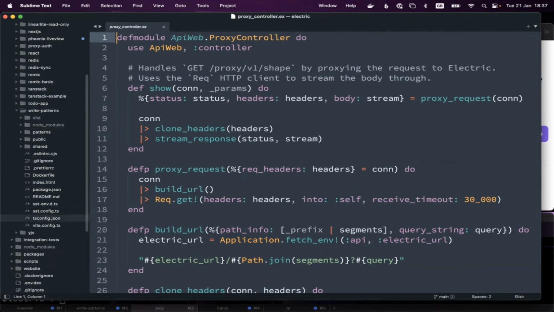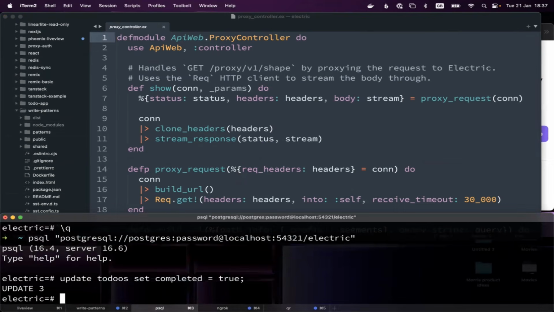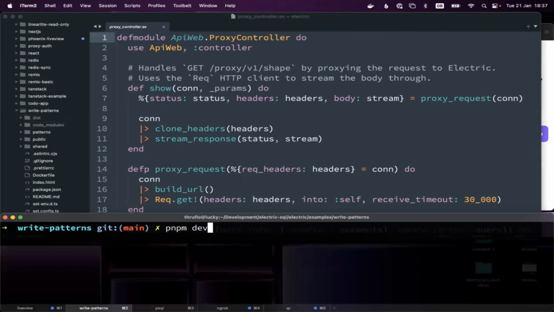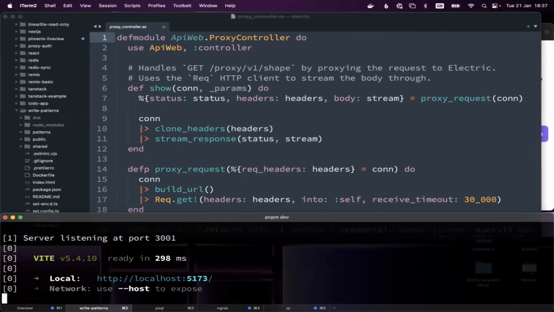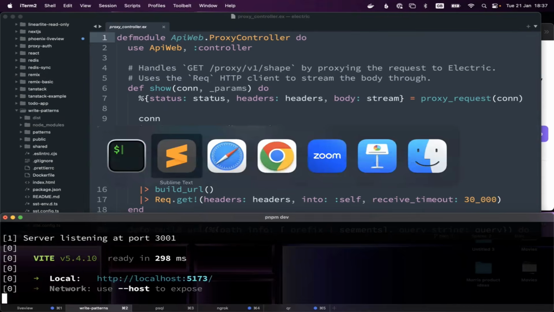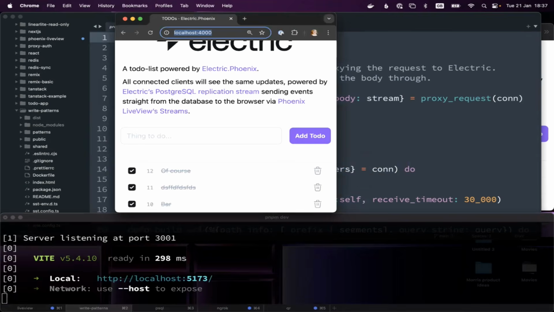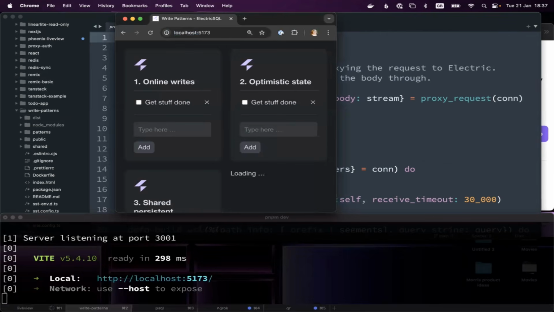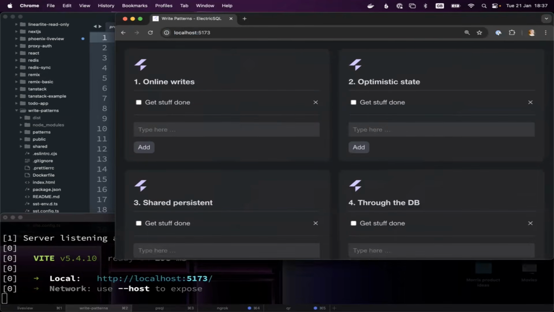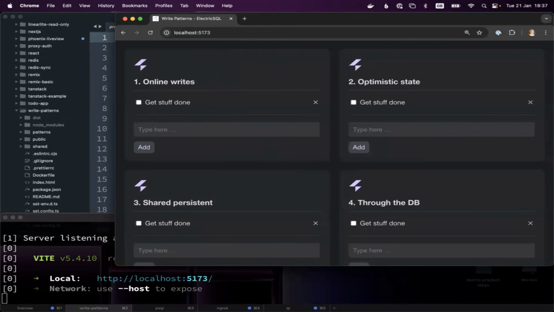Now, if we move on to writes, let me just fire it up so you can actually see something. So in the write patterns here, I'm just going to run the application. And here we go. So what we have is these four apps all embedded within the same app, they're just React components, all part of the same React app.